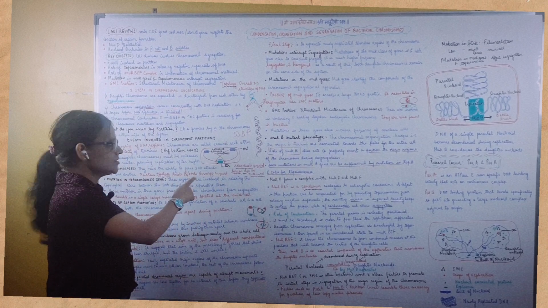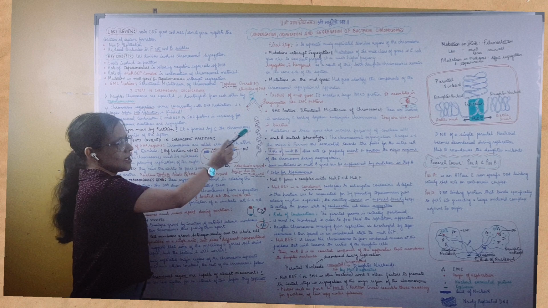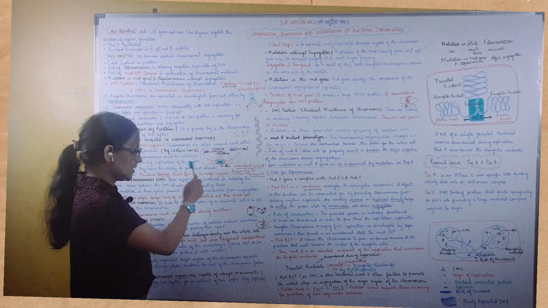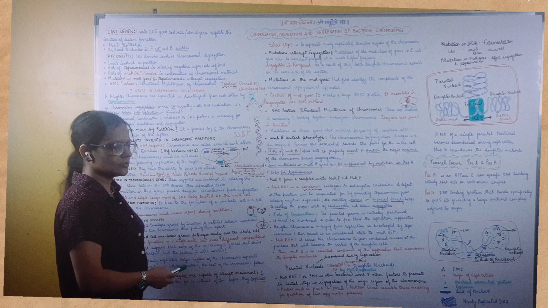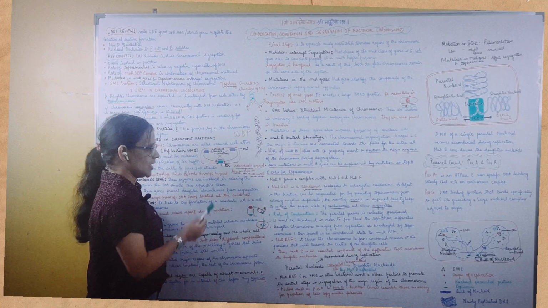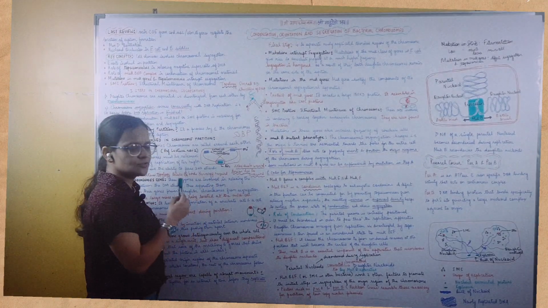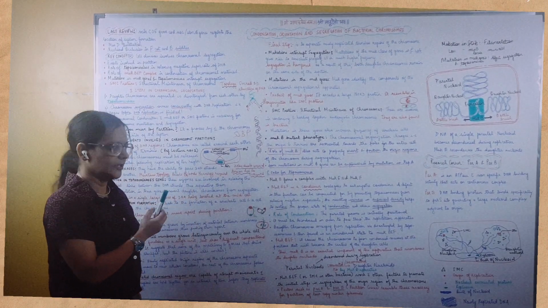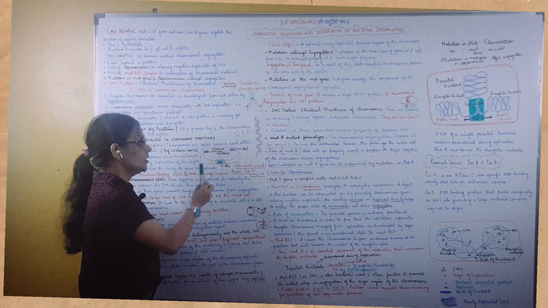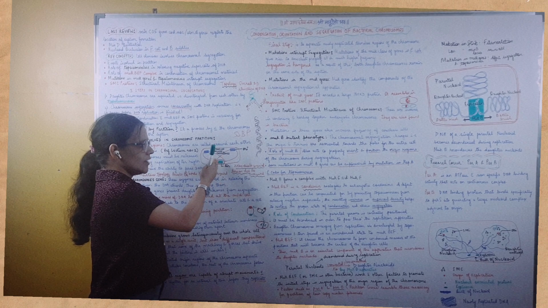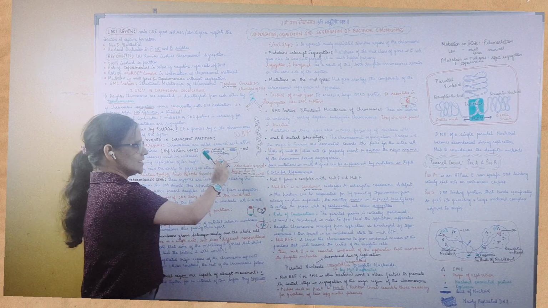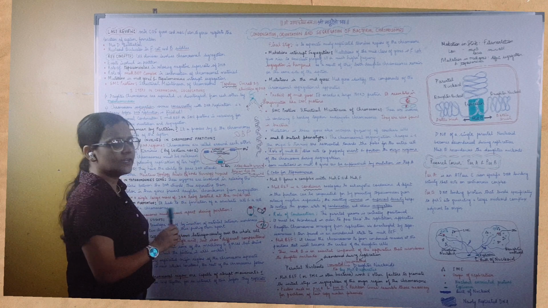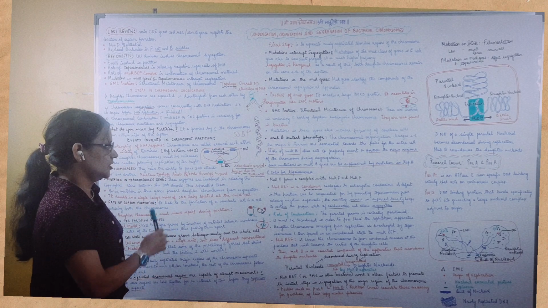Now we have studied this in lecture number 2. This is our lecture number 5. Please go to lecture number 2 in order to understand how the replication occurs. But in short, you have the origin site, that is from where the replication will start, and you have a termination site on the DNA. It's the gene on DNA where you will have to stop the replication. So you can say it's a signal. You have a starting signal and an ending signal for replication.